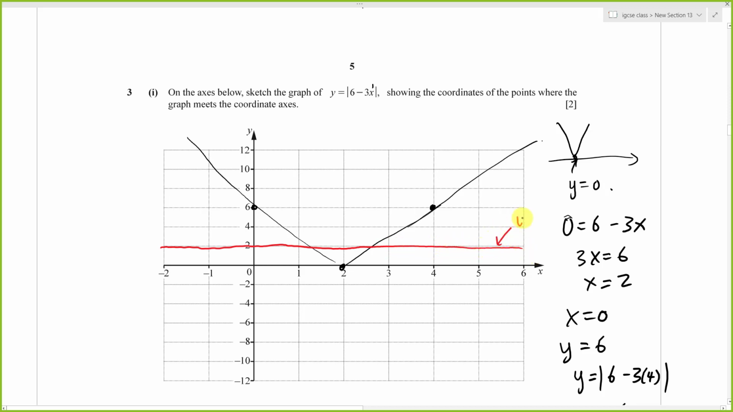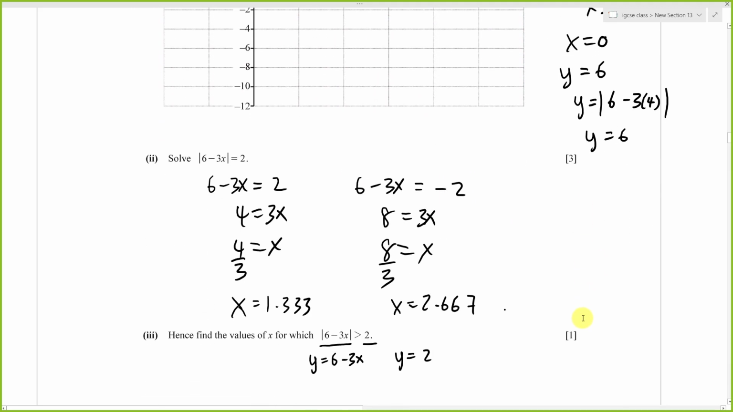Okay, this is y equals 2. You should know these two values because I already found them, which are 4/3 and 8/3. So it's like 1.333 and 2.667. So right now, what the question wants, they say